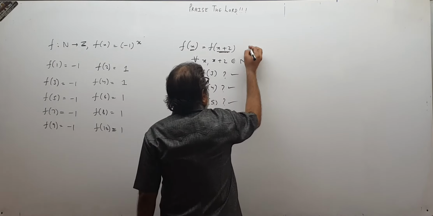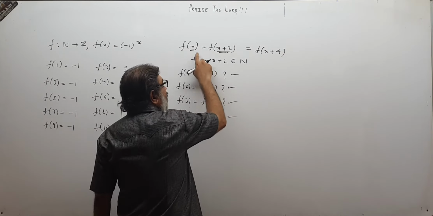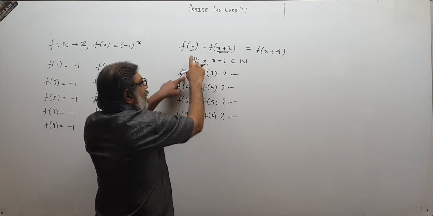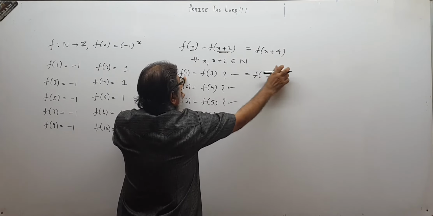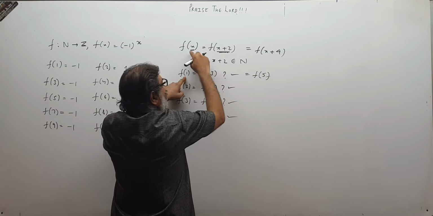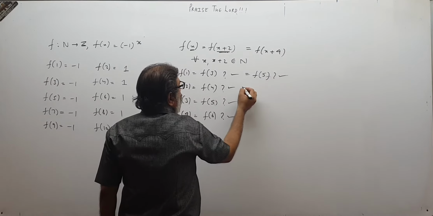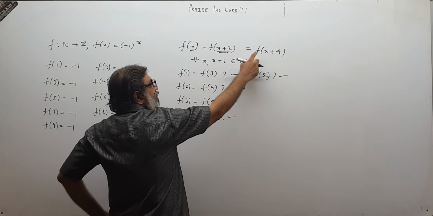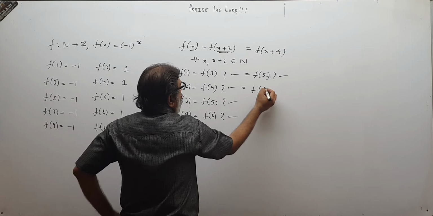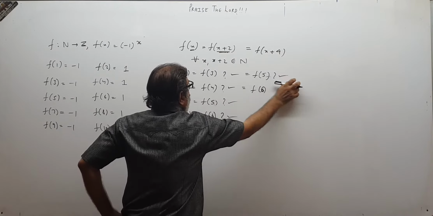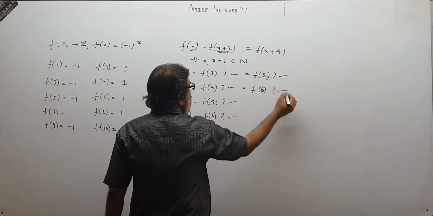Now, will this also be equal to f of x plus 4? F of x and f of x plus 4. So when x is 1, f of x plus 4 will become what? F of 5. Yes or no? 1 plus 4, x is 1. So this will become f of 5. Are f of 1, f of 5 equal? Yes, they are equal. For f of x and f of x plus 4, x is 2. So what is this? F of 6. Are they equal? Are f of 2, f of 4, f of 6 equal? Yes, they are equal. That is correct.